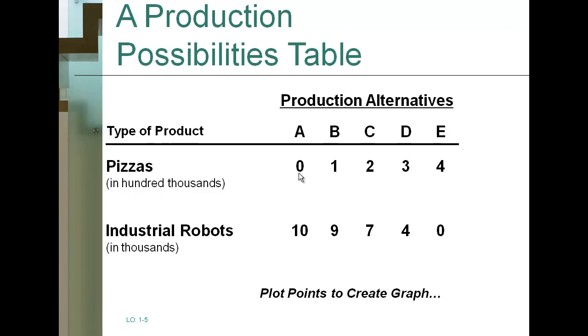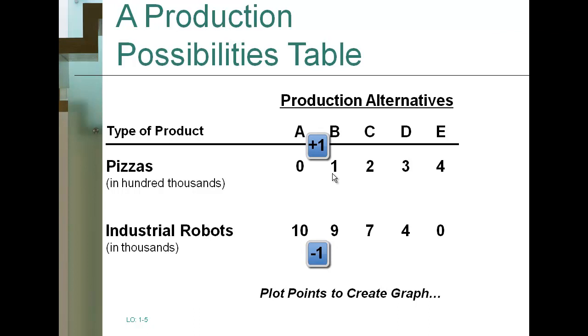So notice that as you increase the production of one good, you have to decrease the production of the other good. And that's because our resources and our technology is fixed. If you have individuals only making robots, if you want them to shift and decrease the amount of robots that they make to 9 while increasing the amount of pizzas that they make, well, this means that you have to transfer some of those resources over to making pizzas from robots. And that shift has occurred, which means now you're making one pizza as opposed to 0